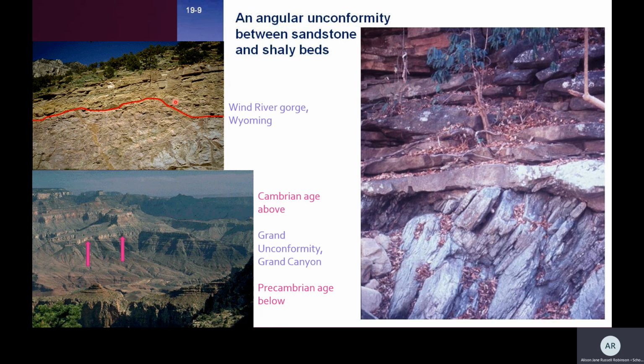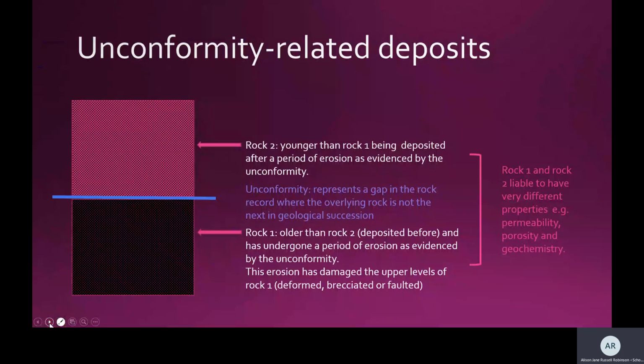And at the top here, this is one in Wyoming. There's a difference in colour between the bottom, below the unconformity, and the top, above the unconformity. So two different rock types can be seen in that picture, but not as distinct on this one on the right. So I've tried to pictorially